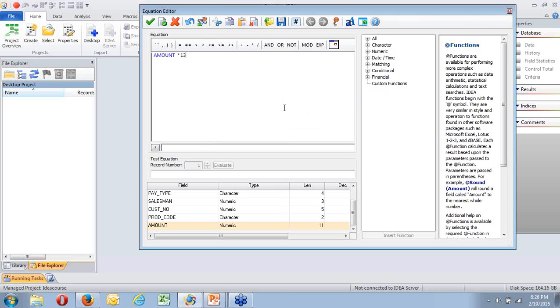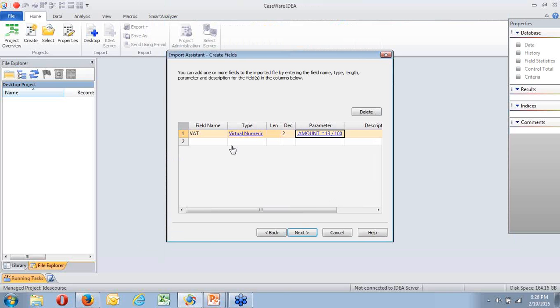Times 13 divided by 100. So there's my value added tax, and I'm going to call it value added tax. Or it could be sales tax at 10% or whatever.